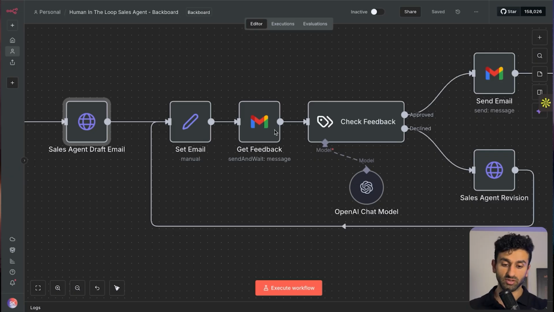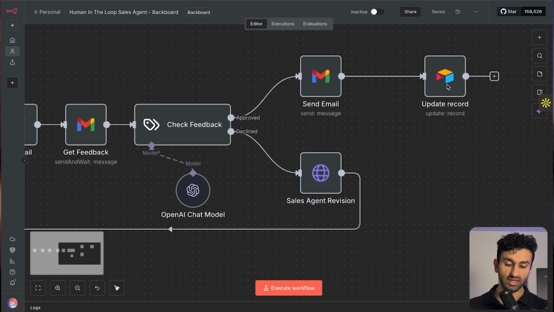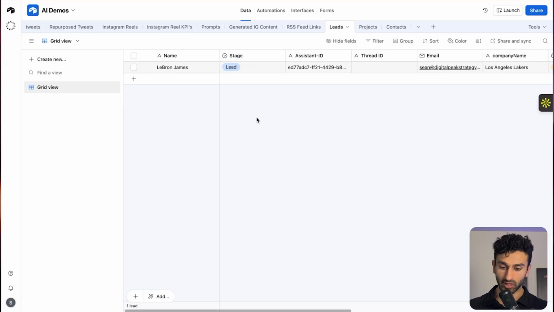You get the draft email, you approve or decline it, and if you decline it, it keeps coming back, sending you the most updated request, the most updated email that it wrote. And then once you finally approve it, it goes ahead and sends that email, and then it updates the record in your Airtable database with the thread ID that's associated, or